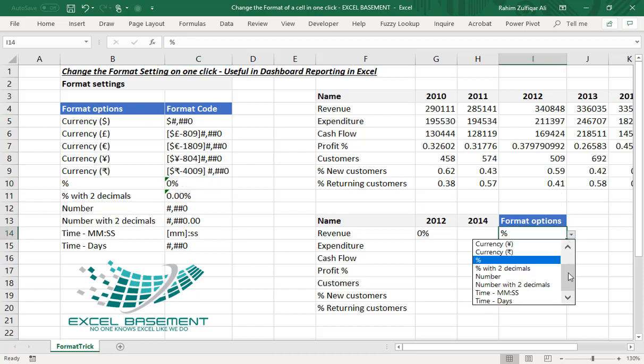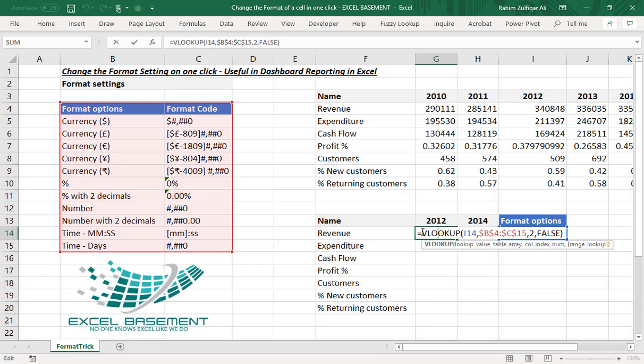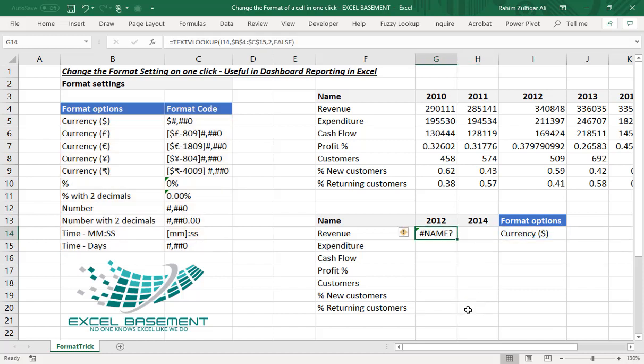And when I select any other criteria, you can say currency with the $ sign, it will just give me the format codes here. Now what I want is, I want in this cell a number which will be converted into this format. So I need to nest the text function in it. How can we do that? Equals to text, bracket open,